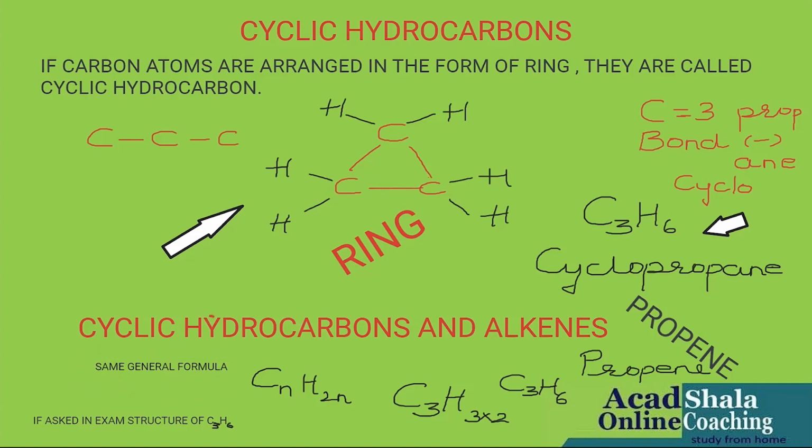Cyclic hydrocarbons and alkenes share the same general formula, CnH2n. Absolutely correct. I patted the back of that student who has a very keen observation, and he told me